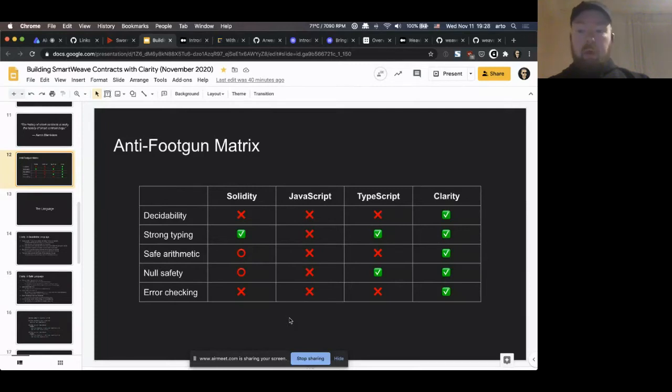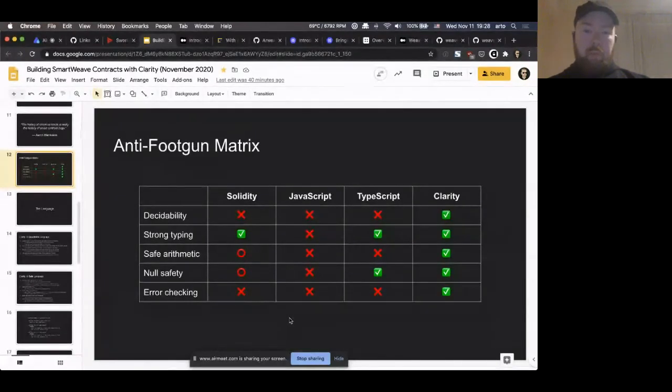Of course, SmartWeave doesn't suffer from this problem, given that gas is not necessary, given that it's actually no problem in SmartWeave for a contract to end up in an infinite loop, because it's going to mostly affect the people who deployed the contract. But in any case, from the point of view of developer happiness, it might be a nice idea to use a language where you take away some of the